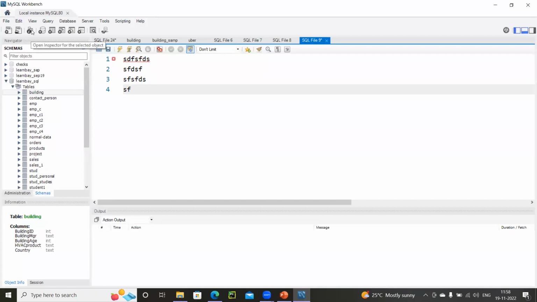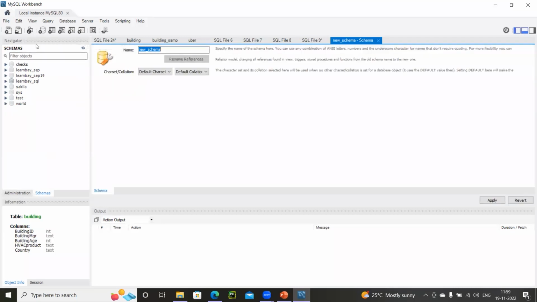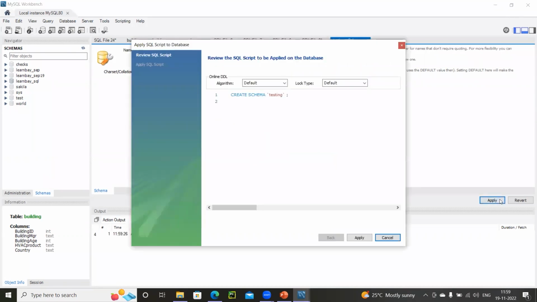The third one is quite useful for admins. So right now I'm not touching on this third one. So come to the fourth one. Fourth one is basically for creating a new database. As you see, there are a lot of databases here. Now, if suppose I want to create a new database, I can specify that new database here. I can give a name. So for example, I'm giving something called testing and then click on apply.